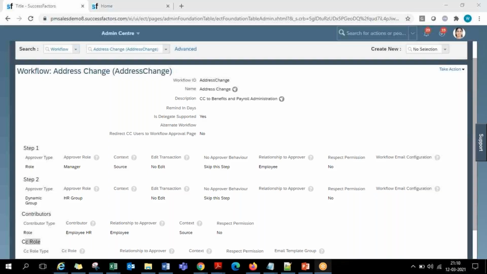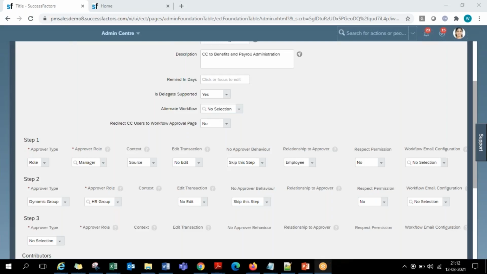Now, for example, the manager himself is the approver. If an employee updated his address details and it came for manager approval, definitely the manager should be able to see what the change is, what the old address is, and what the new address is. He should be able to see it and approve it. But if as per the permissioning in your system the managers are not supposed to see the subordinates' address details, and you want that permission to also impact the workflows, you say no, they should not see. Not only at the employee profile level, even if it came for approval, the manager is not supposed to see that address information. Then you keep respect permission as yes.